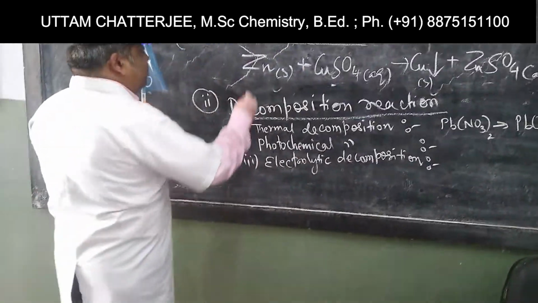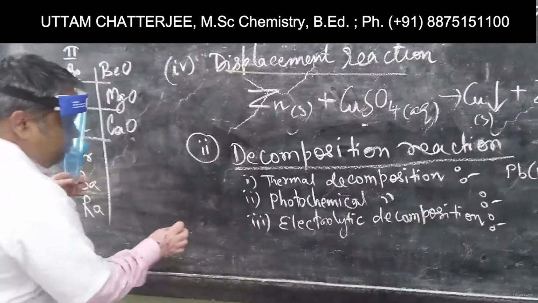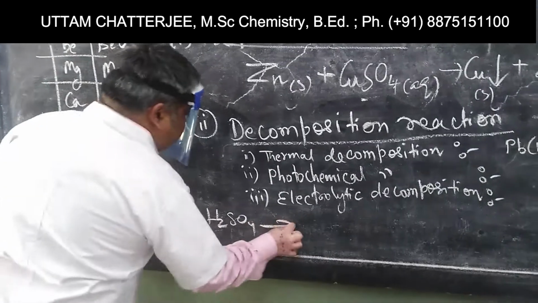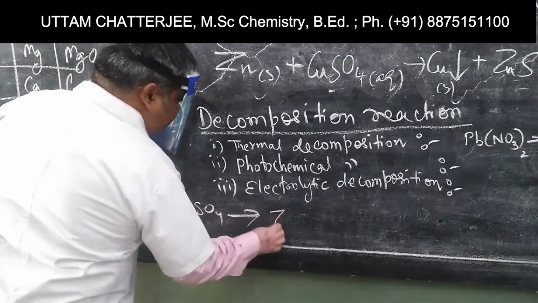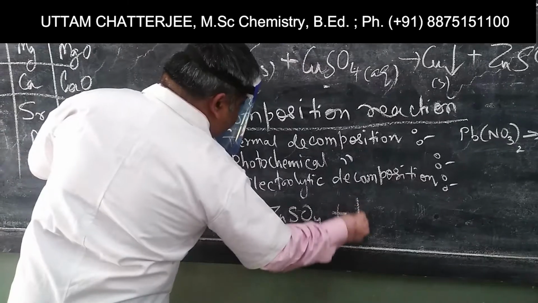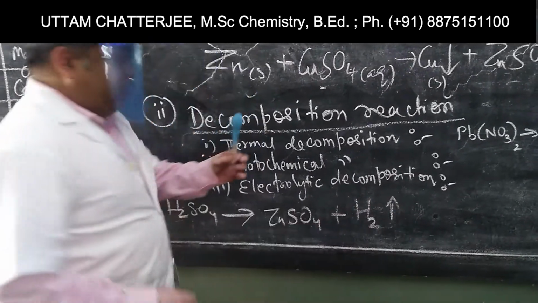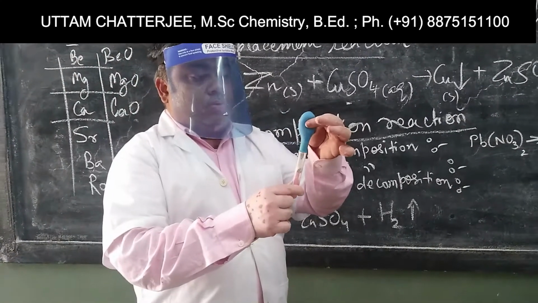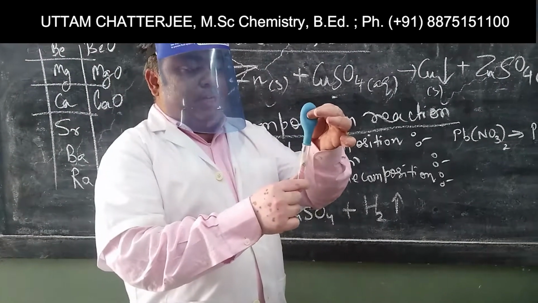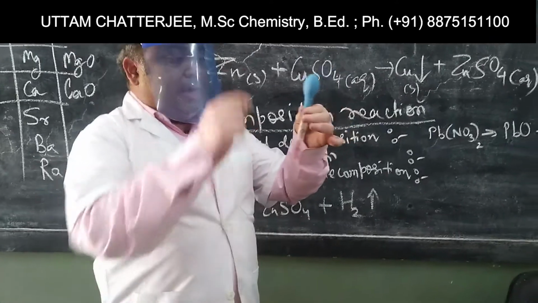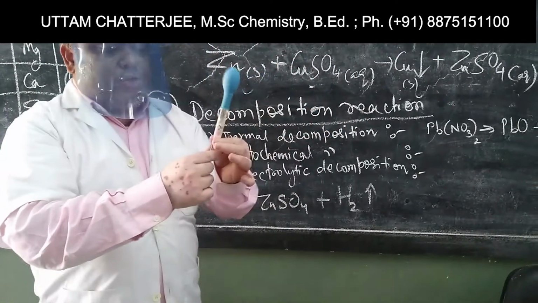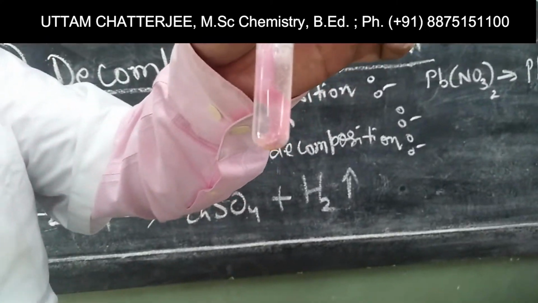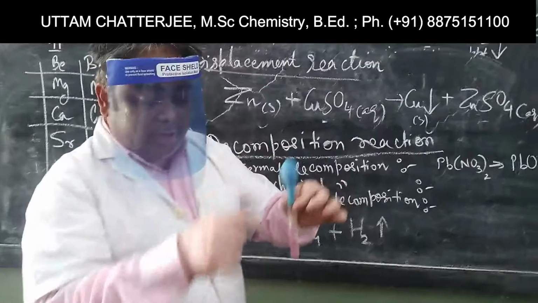If I put zinc and give H2SO4, then hydrogen gas will come. ZnSO4 will be formed and hydrogen gas will come out. This hydrogen gas can be collected in this balloon. It is so well inflated, it has some pressure, so gas is filled in. I have put some zinc granules inside the balloon and then some H2SO4. You can see the red litmus paper inside, it is showing the acidic property.